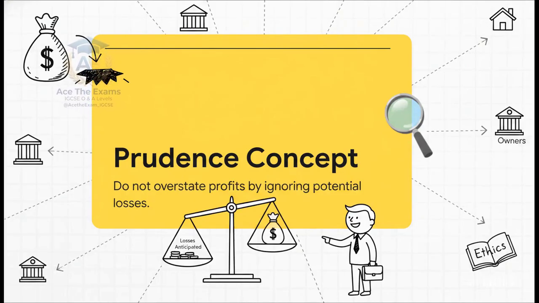You are also going to be frequently tested on the prudence concept. This is basically testing your ethical financial judgment. If you ignore potential losses and overstate your profits, you're directly violating transparent financial reporting. Always anticipate potential losses, but never anticipate profits before they're actually realized. It's all about keeping the business's financial reality transparent for the banks, the owners, and the tax authorities who rely